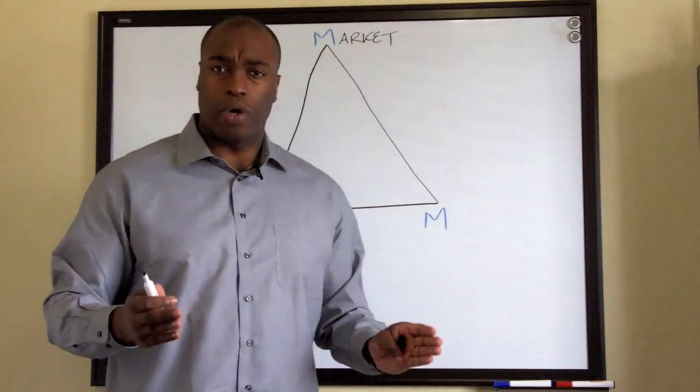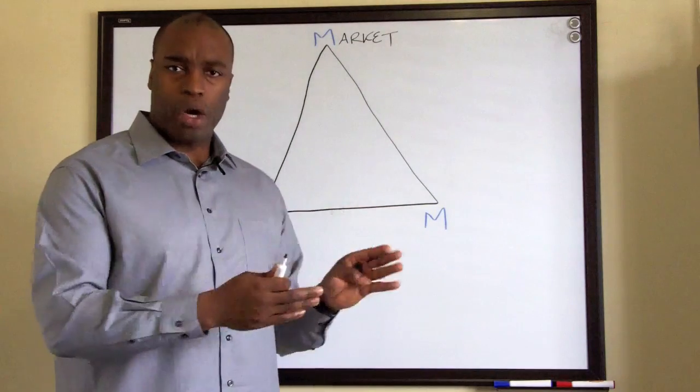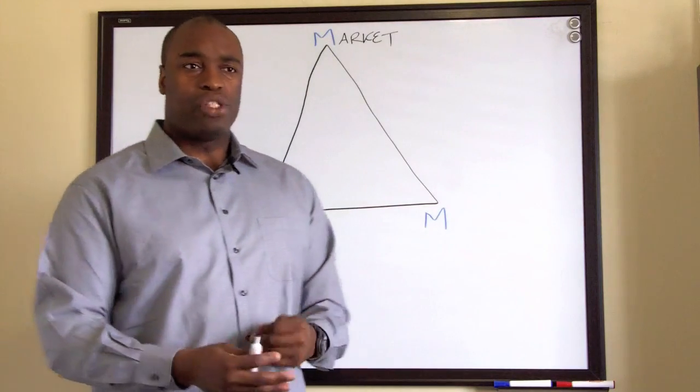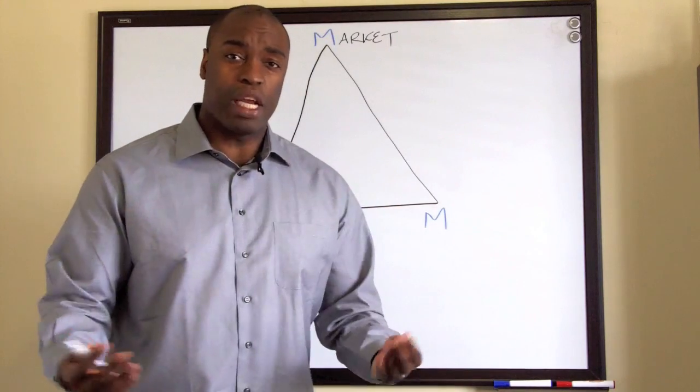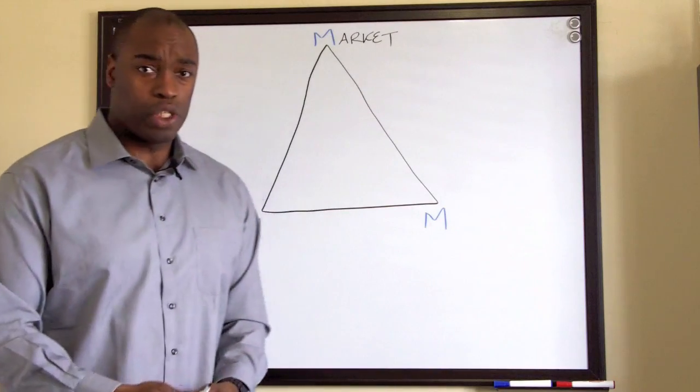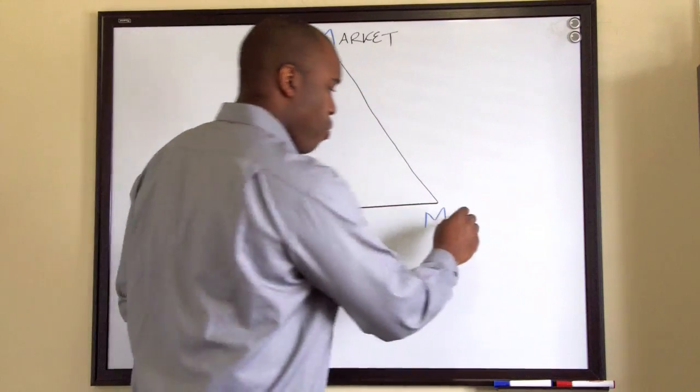You don't want to make it general, because a more specific marketing target will be a lot more effective than just trying to appeal to everybody. Because if they feel that you're talking to them specifically, you're going to have a lot better response rate. The second M represents